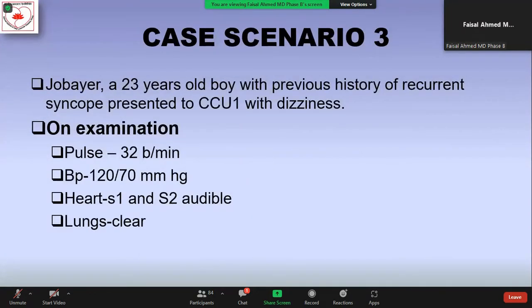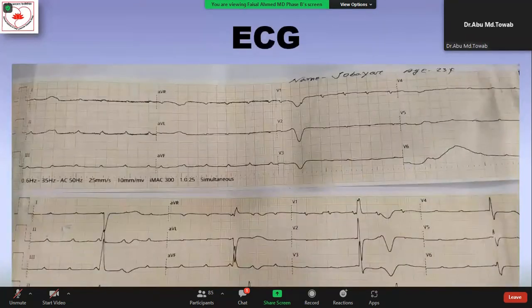Now, my second case, Joe Bayer, a 23-year-old boy with previous history of frequent syncope, presented to CC1 with dizziness. His pulse rate was found to be 32 beats per minute with normal other examination parameters. This is the ECG of the patient when he presented to CC1, showing a rate of approximately 26 beats